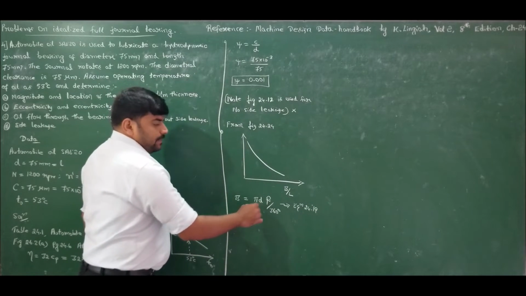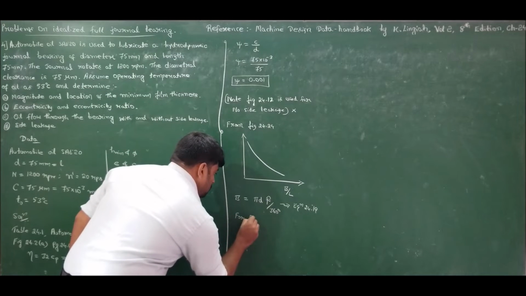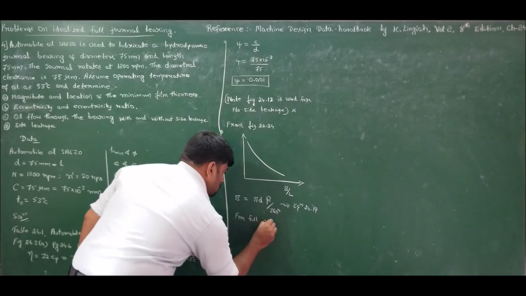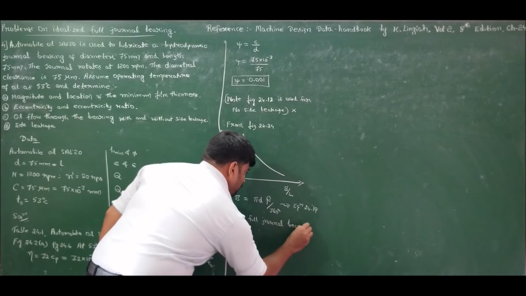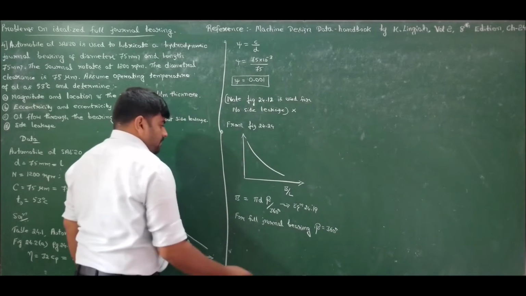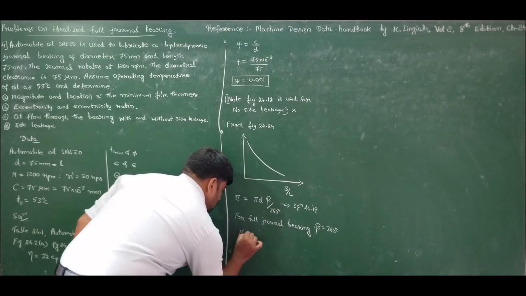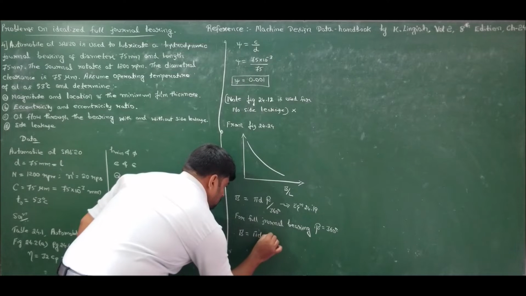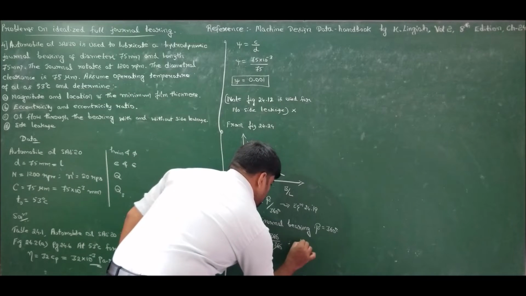For a full journal bearing, the value of beta is 360 degrees. Therefore, the value of B is pi d into 360 by 360, which is pi d. Hence, B by L